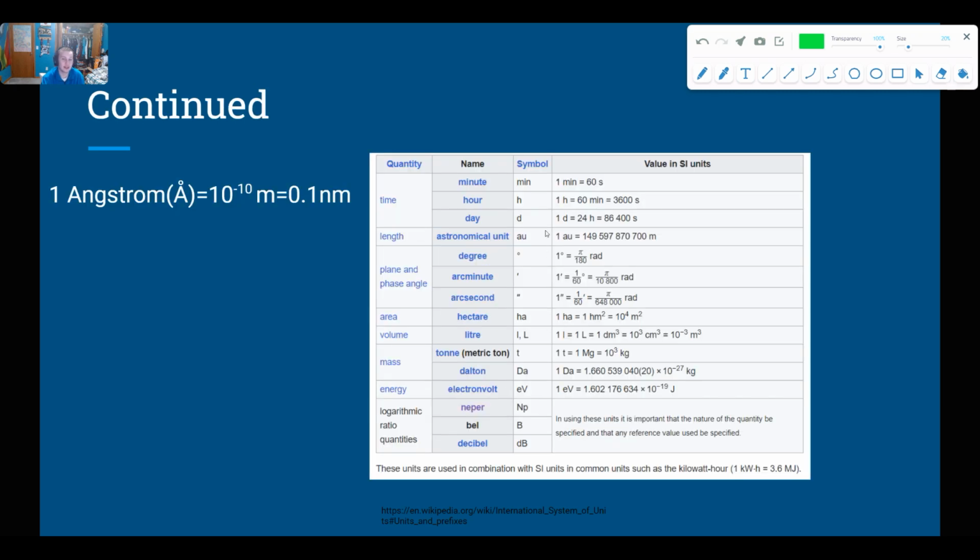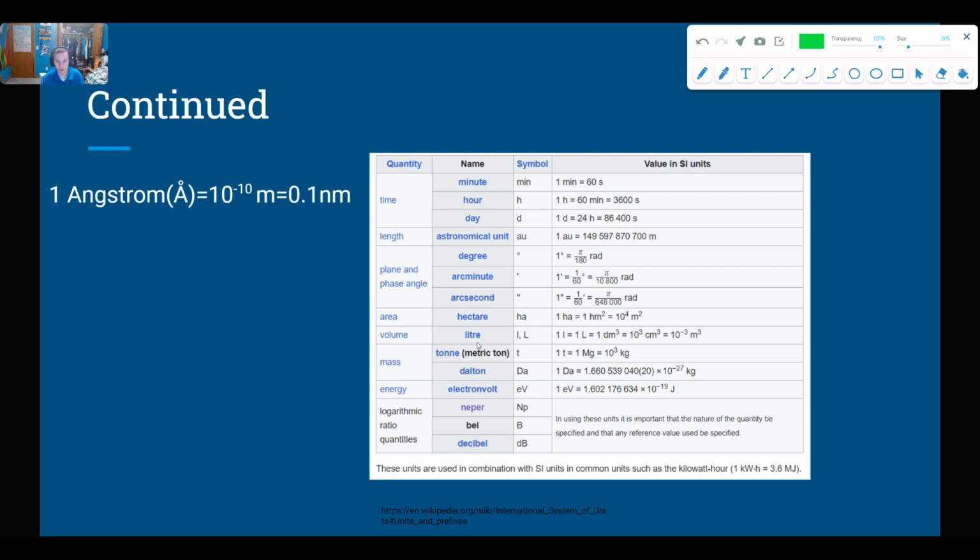The last thing in this part is that we have units that are not technically SI, but that are commonly used. It's like minute, hour, day. Technically not SI, but we use them. Astronomical unit, a pretty common astronomy unit. You got degrees, arc minutes, arc seconds. Yeah, I mean, dude, an arc radian would be a really good unit now that I think about it. But anyway,